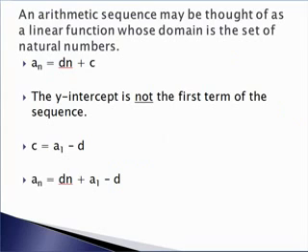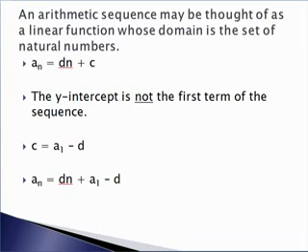So keep in mind then, an arithmetic sequence may be thought of as a linear function whose domain is a set of natural numbers. So we're just using natural numbers like 1, 2, 3, 4, 5, not 1 and 1.1 and 1 1/2 and 1 3/4. So just a domain of natural numbers makes sense in a function or in a sequence. All right, so